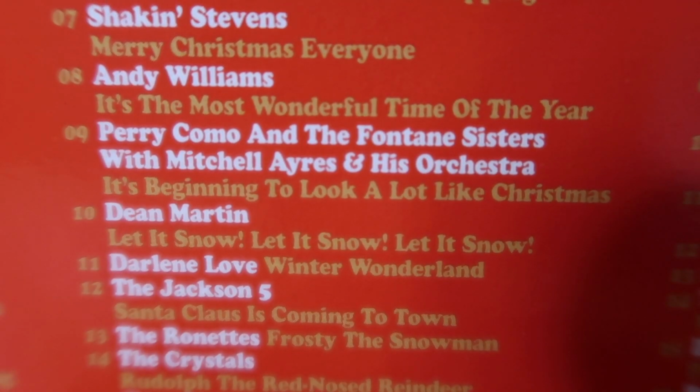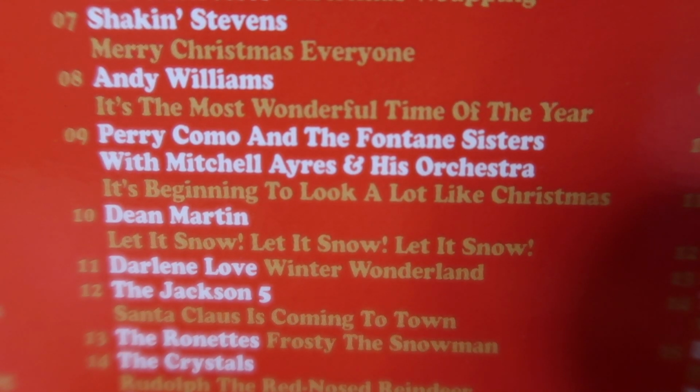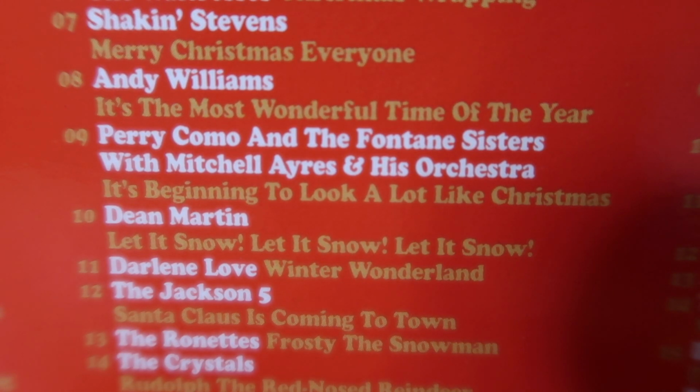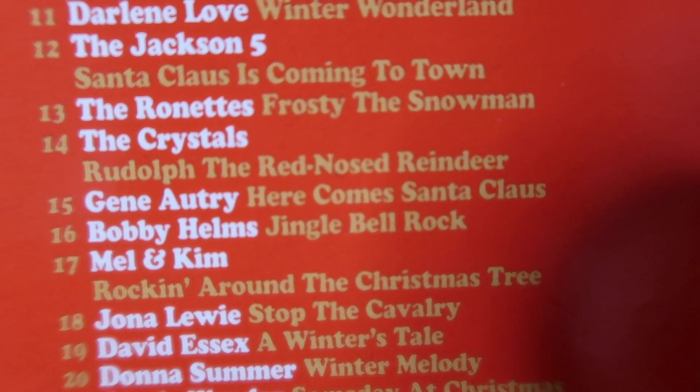You've got Andy Williams with It's the Most Wonderful Time of the Year, Perry Como and others with It's Beginning to Look a Lot Like Christmas, Dean Martin with Let It Snow, Let It Snow, Let It Snow, Darlene Love again with Winter Wonderland, the Jackson 5, glad to see them here, with Santa Claus Is Coming to Town, the Ronettes with Frosty the Snowman, you have the Crystals with Rudolph the Red-Nosed Reindeer, Gene Autry with Here Comes Santa Claus,